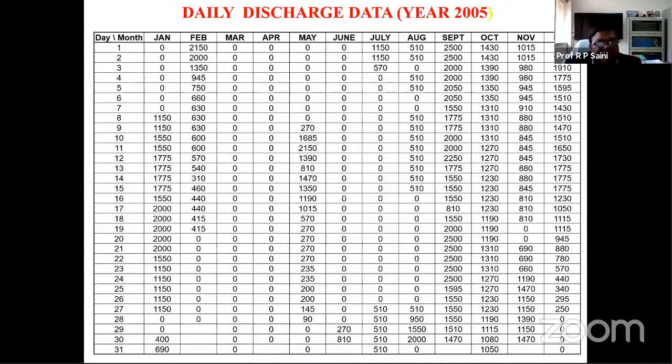So what is the daily discharge? Daily discharge means we assume that discharge may vary seasonally and monthly, but hardly any variation, or too much variation, will be there over a day. That we assume. So in that case, in the stream, you have to put some flow measurement instrument, and then every day you have to measure the discharge in that stream.